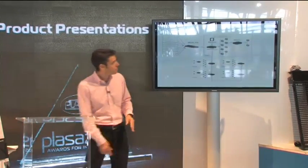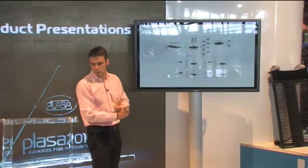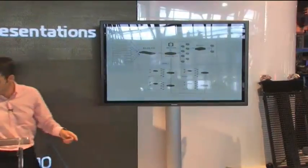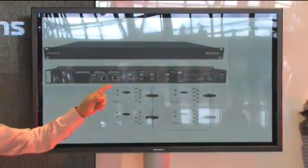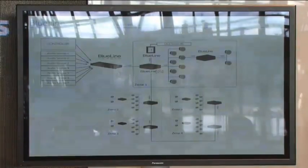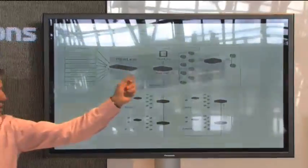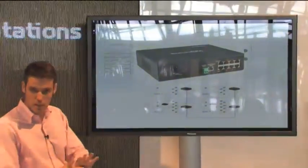Okay, this is the system. 7 audio sources, plus the controller, which can be DMX or whatever. It goes to one of the products, the BlueLine sender, that takes all the audio sources, the control signal, and the alarm, and sends them through one Cat5 cable to the first zone. In the zone, the signal is received by a product which is the splitter. It receives the signal and the 7 audio sources,